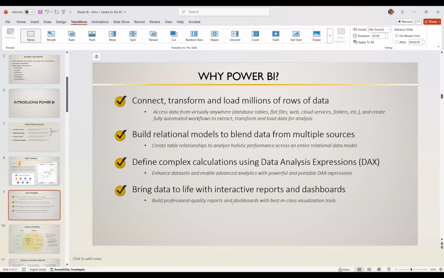So we come to why Power BI. I'm guessing everyone has worked with Excel, correct? And we know the nuances of Excel once we increase the file size. Excel just doesn't work when the data size is increased. So where Power BI excels against Excel is that it can connect and transform millions of rows of